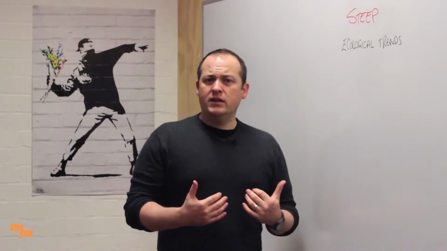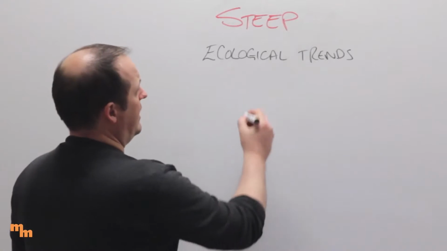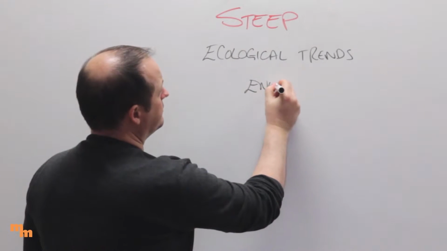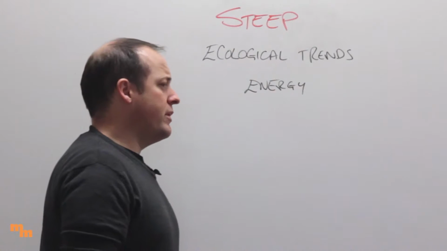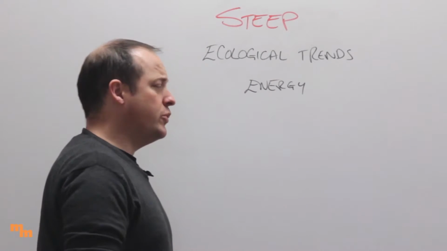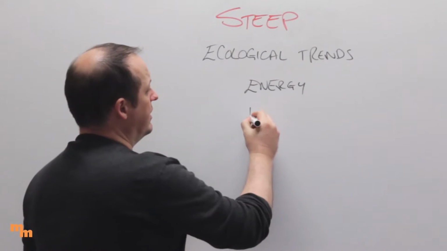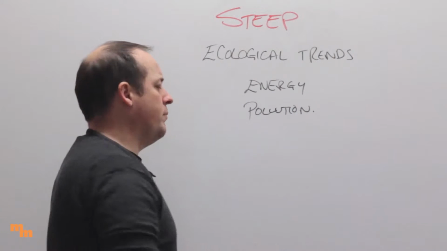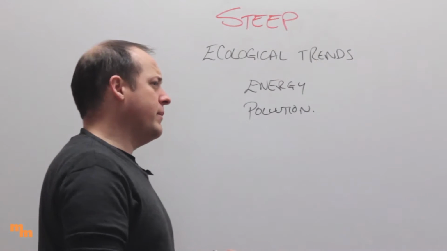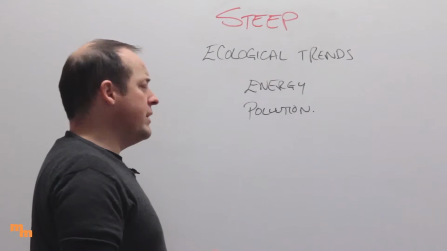One of the things we're going to look at is energy consumption. How much energy do we consume? Part of that is whether it comes from sustainable, renewable energy sources, and how that interfaces. We also need to think about the pollution that we produce. What are we putting back out there? What about our byproducts? While we're producing our goods and services, what impact is that having?